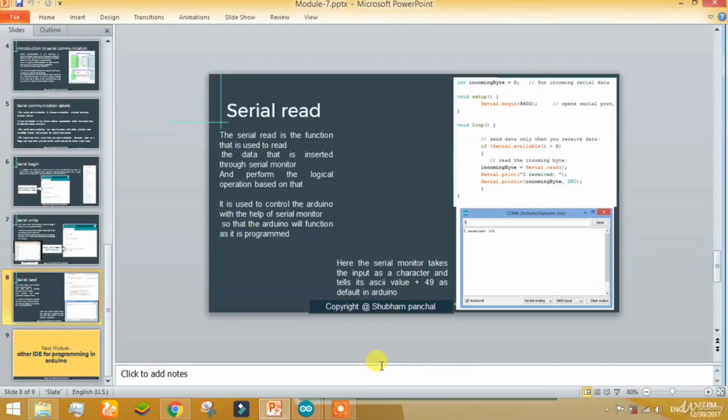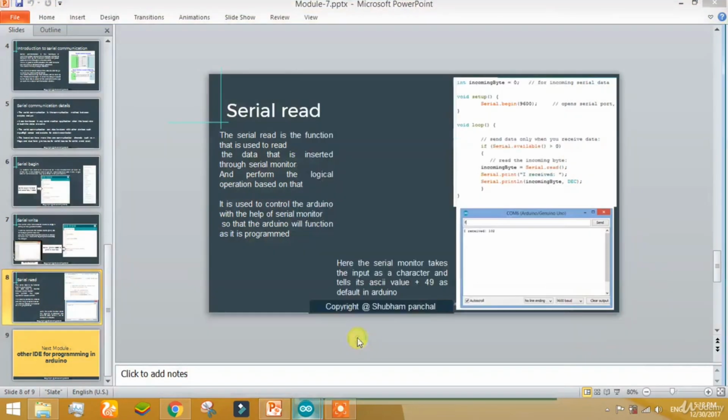In this tutorial we are going to talk about serial read. There is a method in Arduino by which you can print data on the serial monitor, but how do we make a method such that we can give the Arduino an input command and it will give us a logical output? To use that function, there is a method known as serial read. In this method you can give a command to Arduino and Arduino will perform the function as the programming has been done inside it. Okay, let's begin with an example.